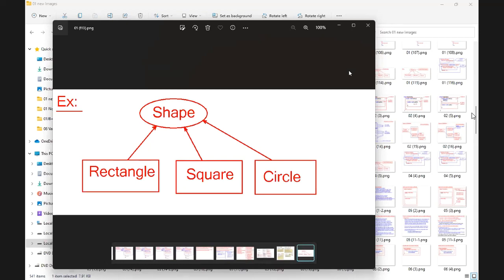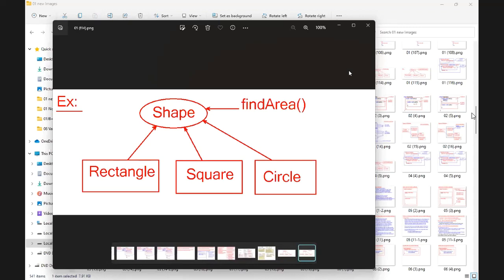Second point. When should I declare an operation and when should I implement an operation? Very, very important. If an object, who is the object here? Shape. What is the operation? Find area.